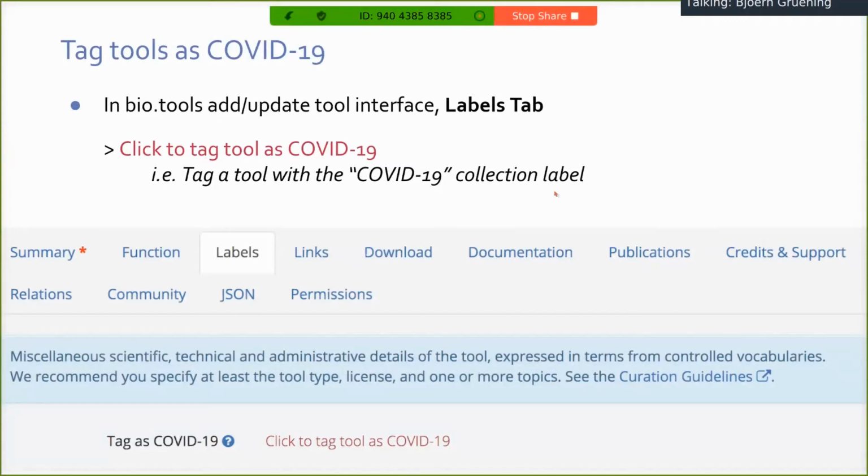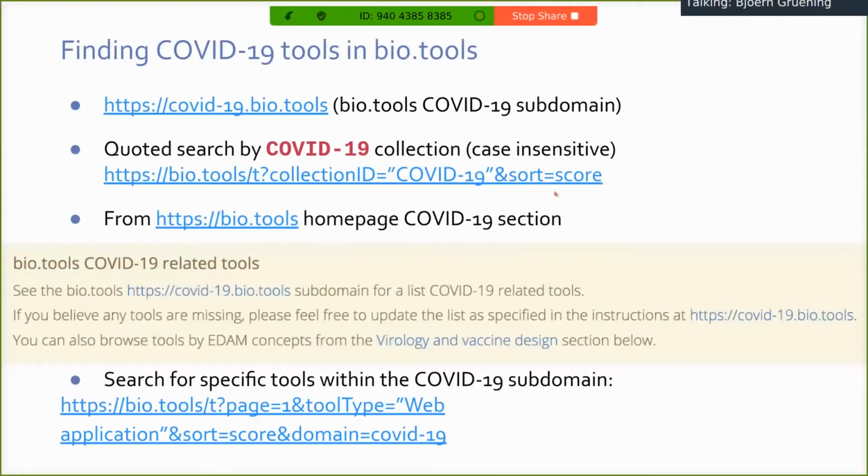So the findability of tools was here a key point, but also then that you can search for them or link out to a specific subdomain of bio.tools, so the COVID-19 subdomain, where you then in one page can see all the COVID-19 relevant tools.